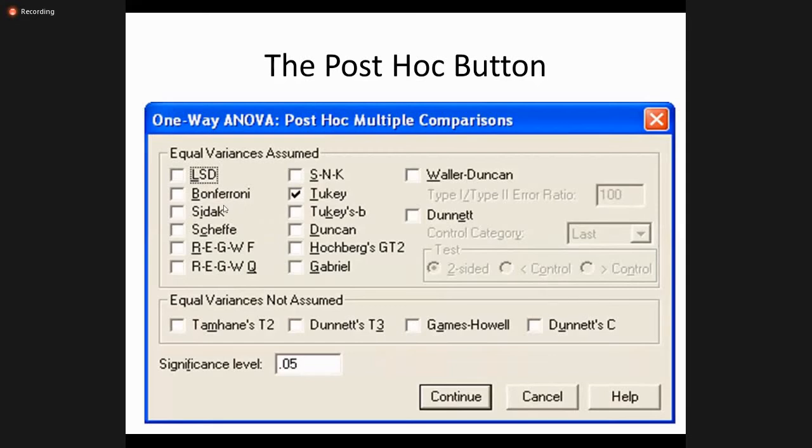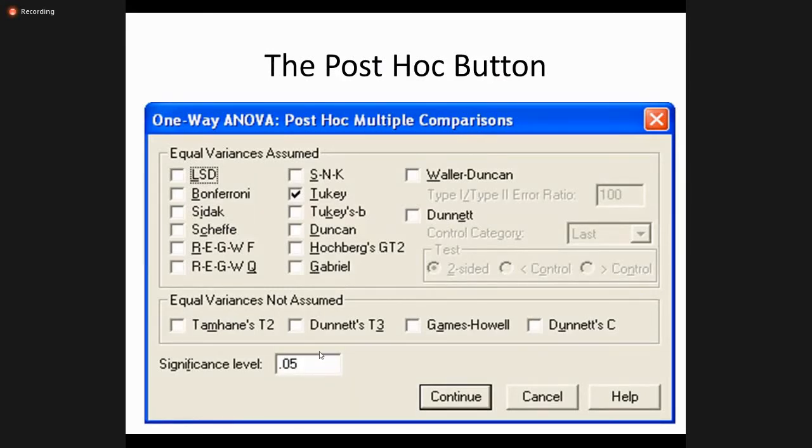There are other tests with minor differences in where you use them, like Bonferroni, Scheffe, or LSD. But in this case we use the Tukey test. And the significance level, mostly in medical sciences, we set at 0.05, because we want 95% assurance about our result, that we are 95% confident that our results are true, with only a 5% chance of error.